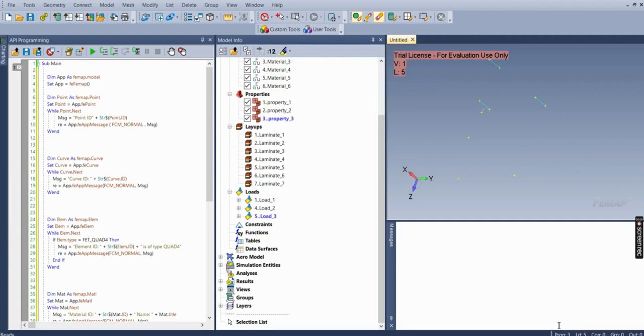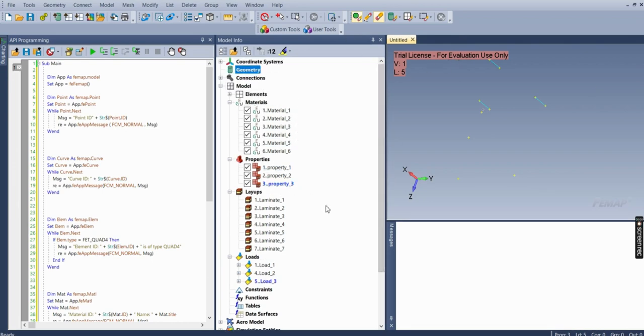Hi, welcome to this new video on how to retrieve the ID number and the names of the objects you're saving on your model. For example, the properties, the layup, the loads, the geometry as well. We're going to go through it quickly because it's very straightforward. Once you have the script and the logic, it's easy to replicate it for any object